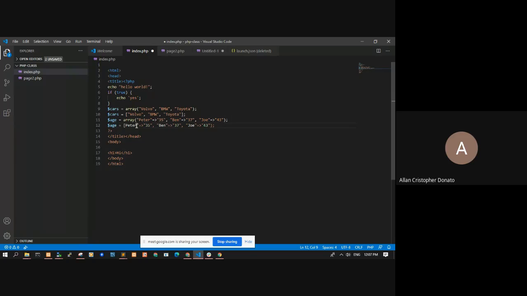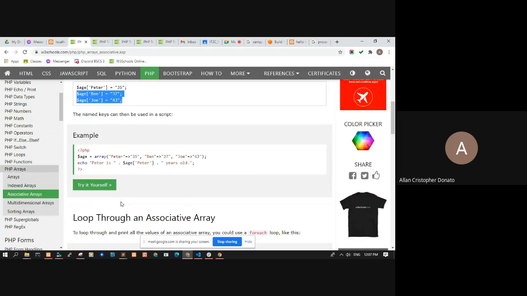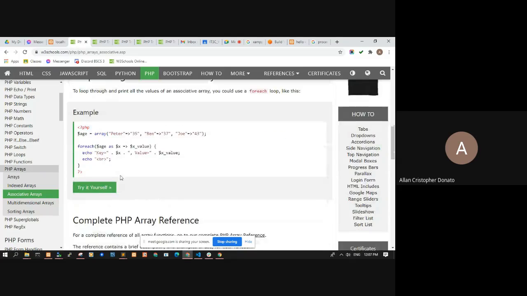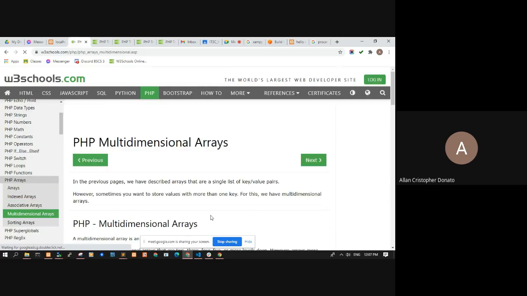Instead of the array function, you can just use the square brackets. They're similar. Okay, and then, in order to access an element of the array, you have to use its index or named index. In order to loop through the associative array, you have no choice but to use the foreach loop. And then multidimensional arrays.